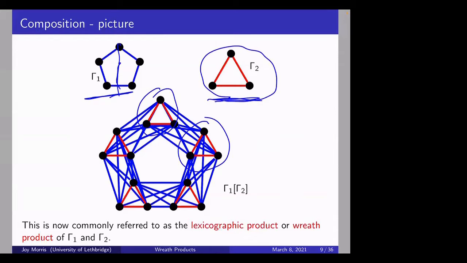The real issue that we need to make sure of in the wreath product is that the copies of gamma 2 are preserved. So a copy of gamma 2 has to map to a copy of gamma 2. As long as you do that, you're in the wreath product of the two permutation groups. Okay. And so this construction that Harari came up with certainly does have the effect that the wreath product of the automorphism groups of these graphs is sitting inside the automorphism group of the lexicographic product of these two graphs.